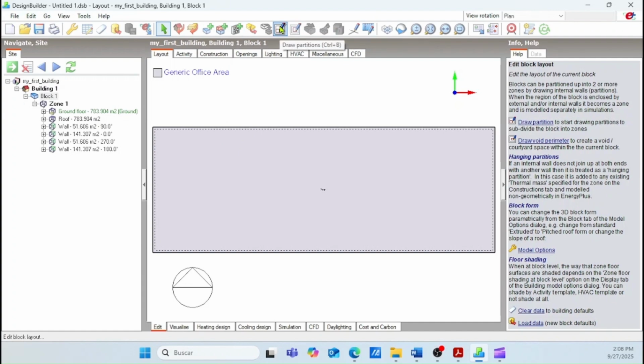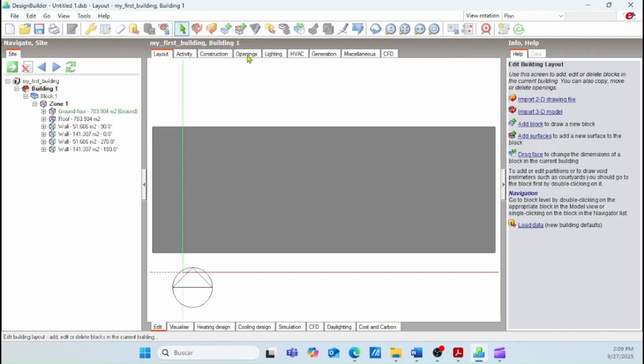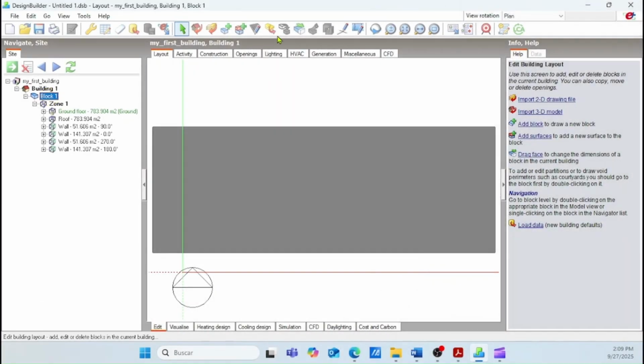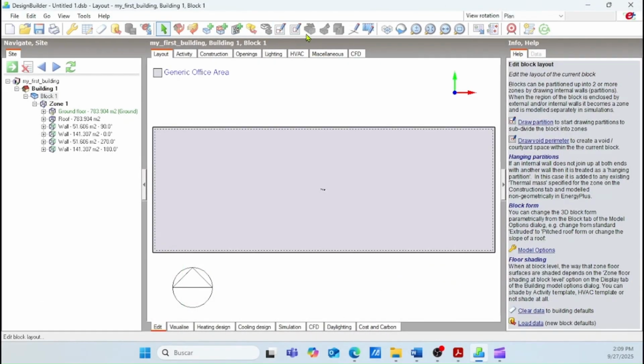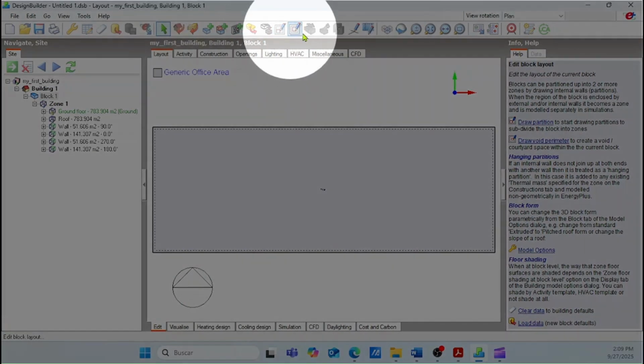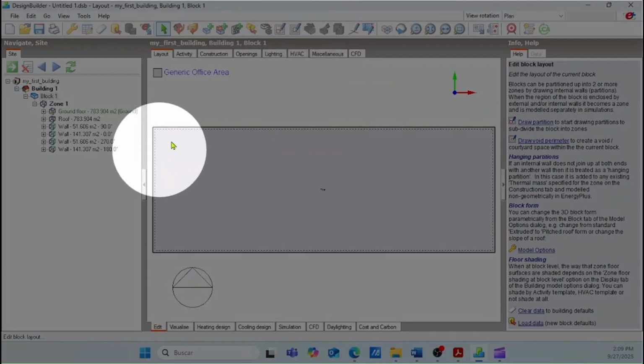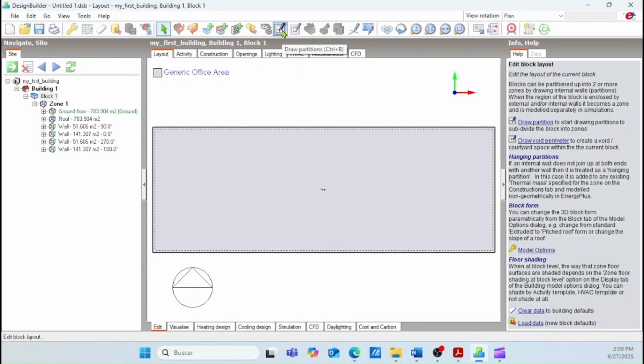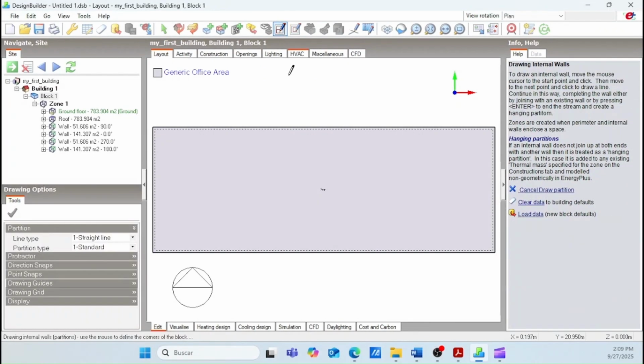As soon as we click on the block option, there are new buttons, and there is one option that allows us to draw partitions. If we click on the building, we see different buttons. We don't see draw partition, for example. So remember, we have to click on the block, and then on the block we have all these options, and then draw partition. With this option, we are going to draw all the thermal zones and that will represent